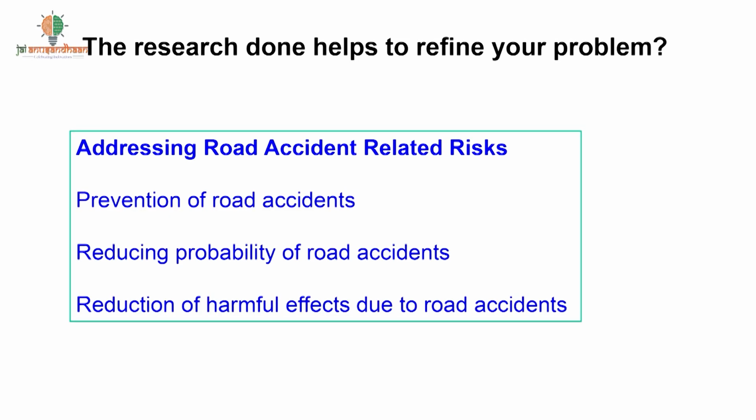Third, somebody can say, I don't want to even look at why accidents happen and how many. Can I just look at what can be done to protect people, or look more at protection measures from the harmful effects of an accident? These are 3 different directions of a solution. Which direction I should attempt depends on what your research says. Your research will give you enough data and direction to move in that particular direction.